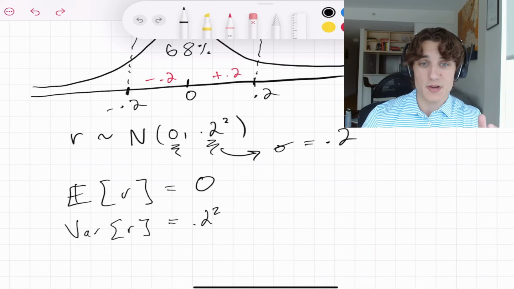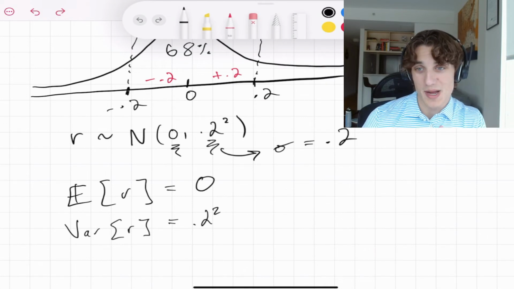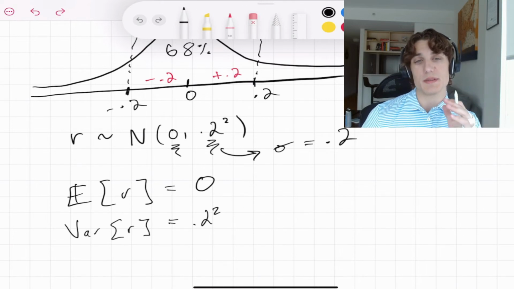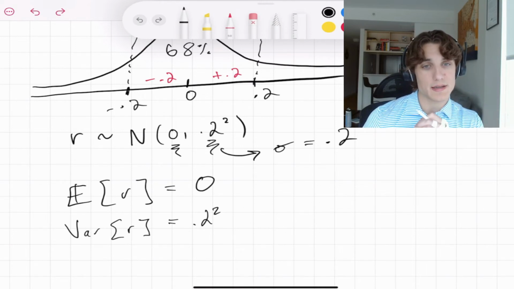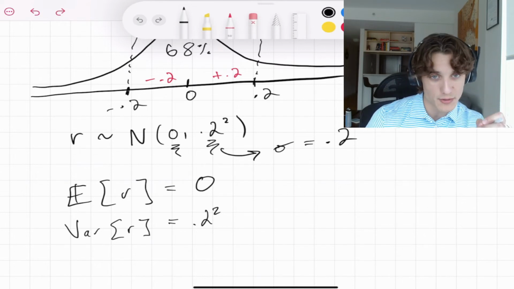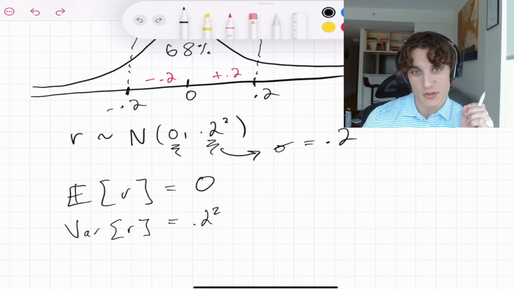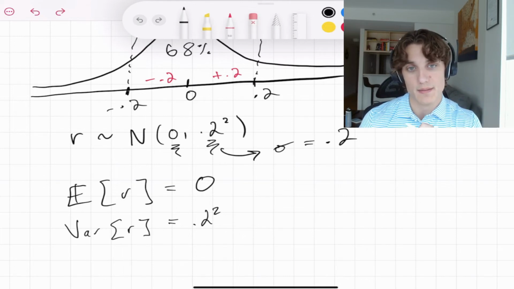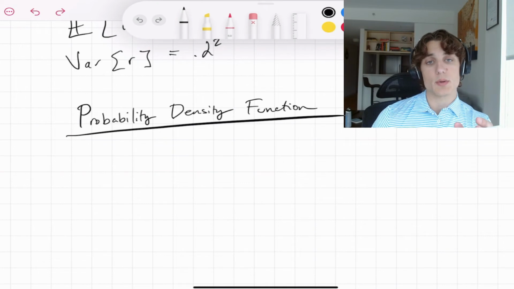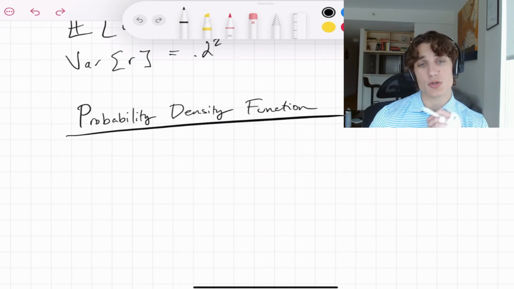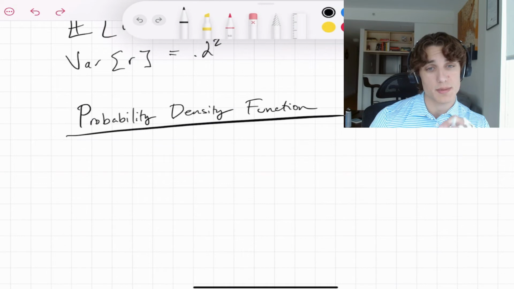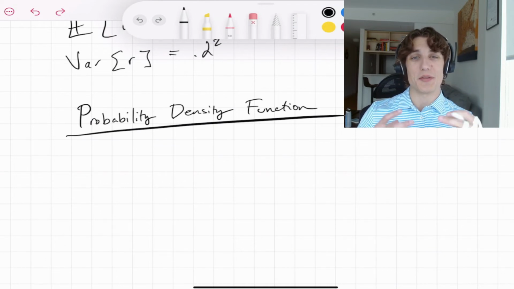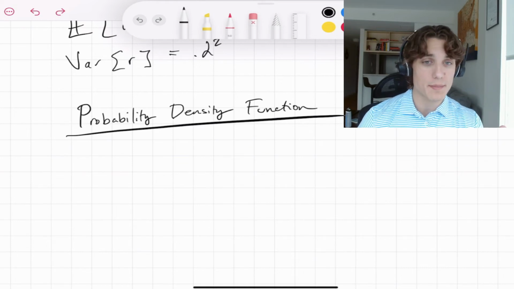Based on this example, a very natural question arises. What is the probability of a particular stock return? And this brings me to some of the trickier parts of the probability density function and the cumulative distribution function for the normal distribution that we're working with right here. These are tricky topics, but I think we can cover them pretty effectively. The probability density function is going to give us the likelihood that a draw falls within the range of some given value. Now, the reason that I'm stating this so around the bush is because formally